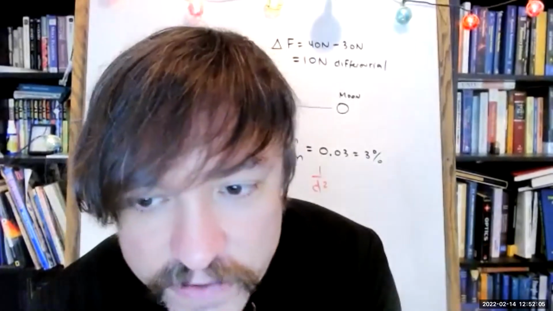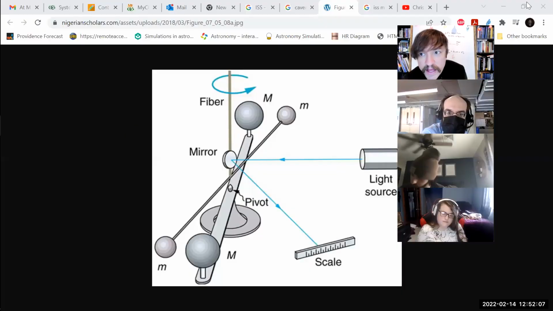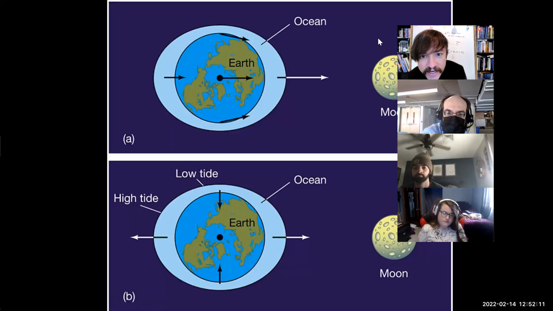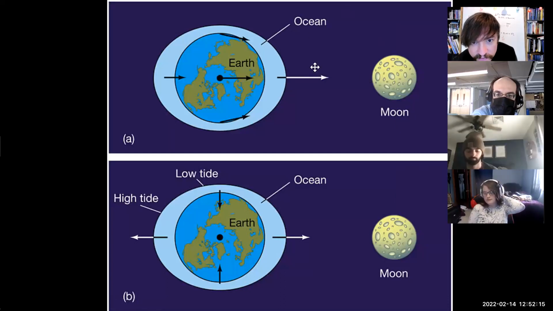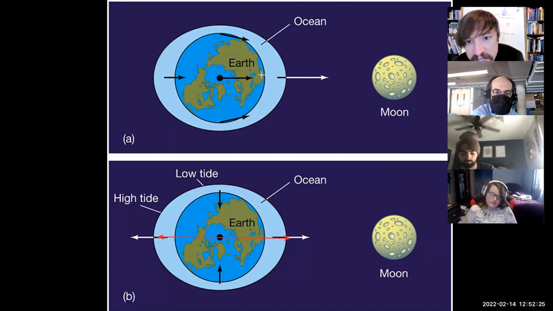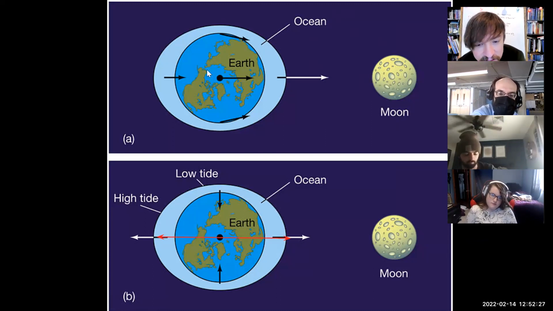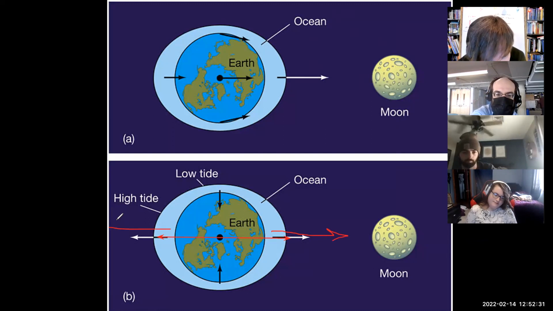If you look at a picture of how the tidal force works, that differential force will manifest itself as a kind of stretching of the Earth. From the Earth's reference frame, the differential force acts as a side-to-side force pulling the Earth apart. And this is why we end up having 2 high tides per day. You get a high tide in the direction of the moon, but you also get a high tide opposite the moon because it's being stretched